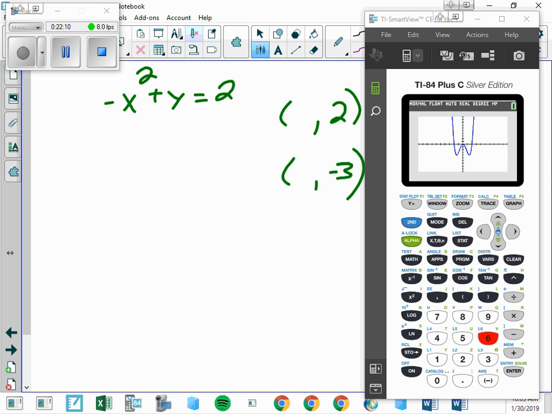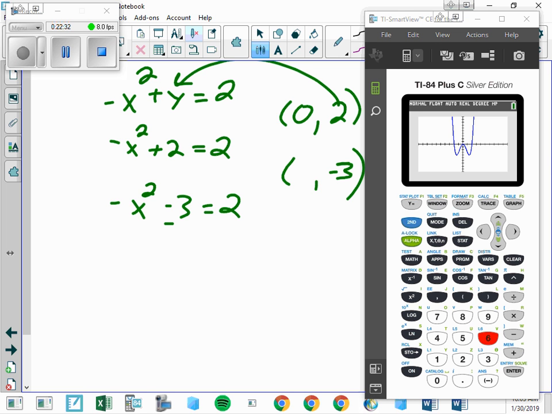So if I plug this in, negative x squared plus 2 equals 2. Well, 0 is the only number that makes that work. So the answer is 0 comma 2. But they're being tricky because when I plug in negative 3,